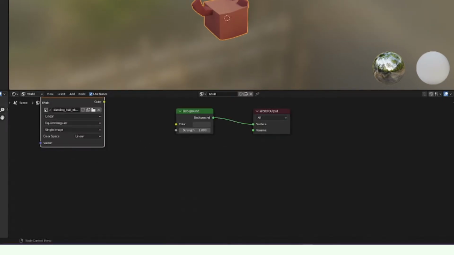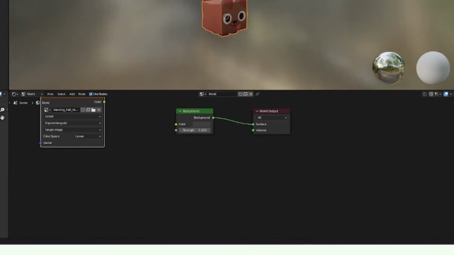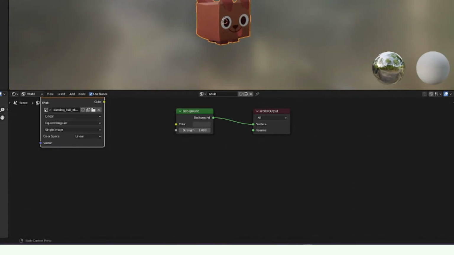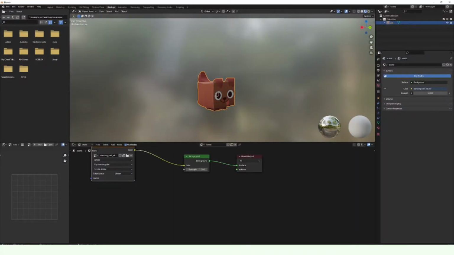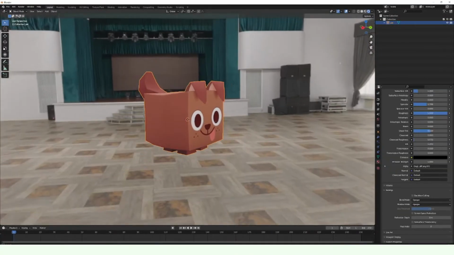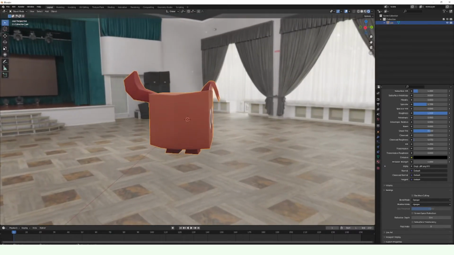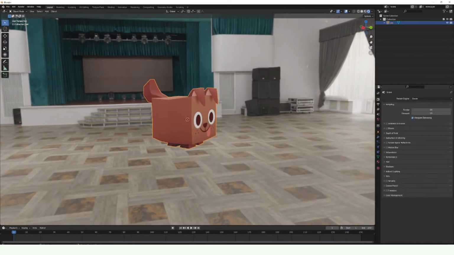Okay, so I've now added my environment texture, but it hasn't actually done anything, so what you need to do is connect color from here to color to there. And then if you go into layout, as you can see, our GFX now has some lighting, but there is a background. So the way we fix that is we go up here, then we go film, and set this